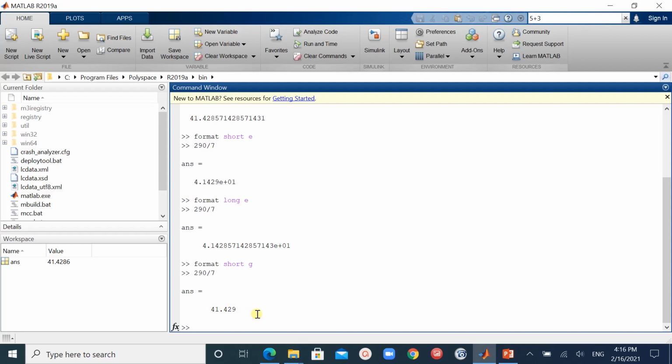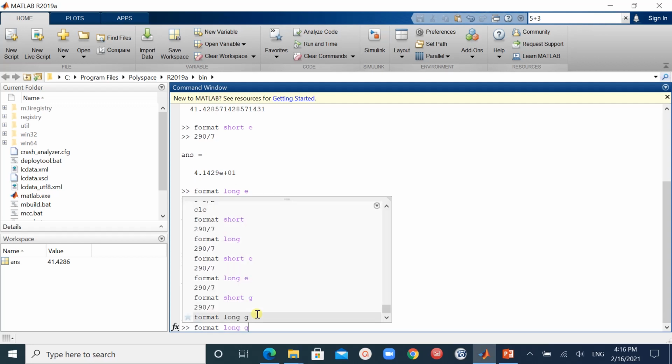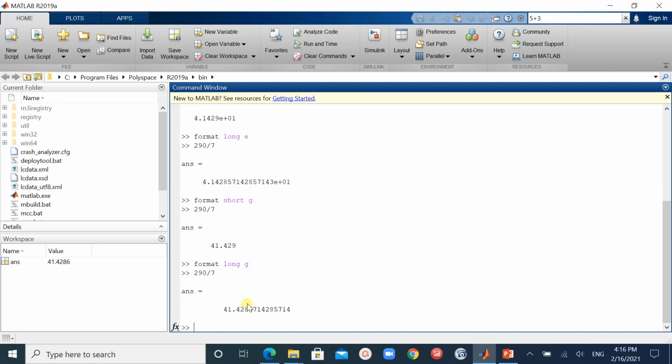And if I am doing the same thing, format long G, with the same example we are getting the best of 15-digit fixed or floating points. Here we are having these 15 values. So these are the formats: format short, format long, format short E, format long E, format short G, format long G.